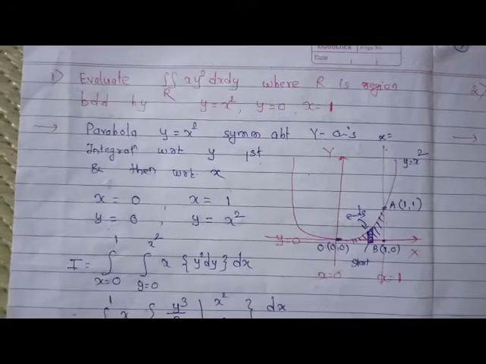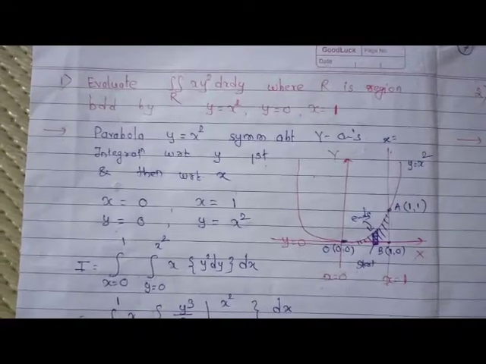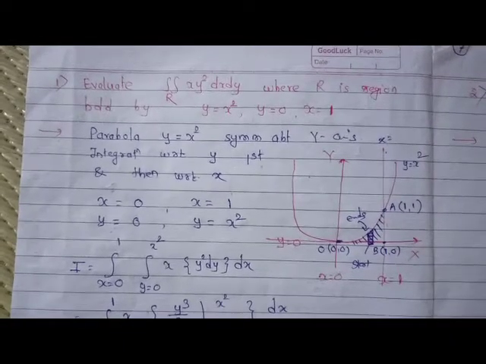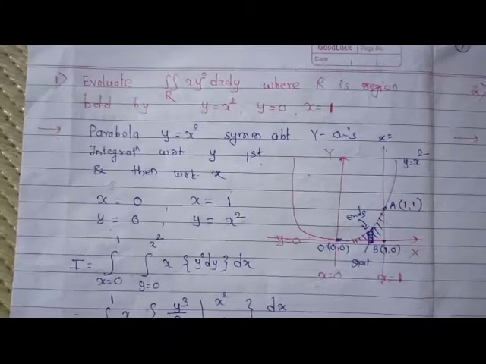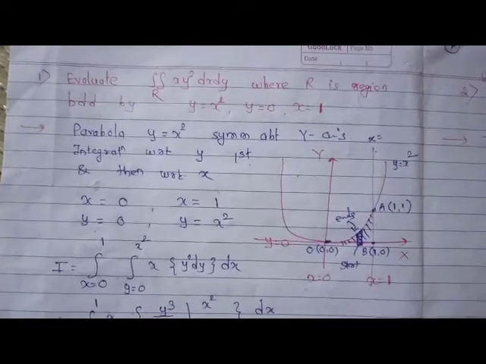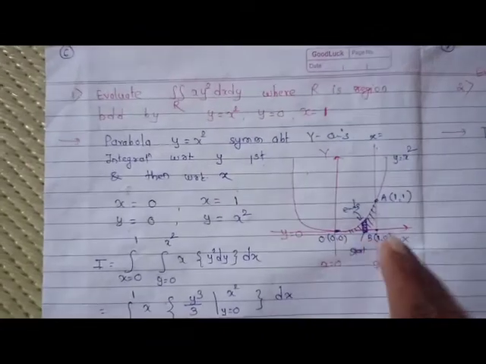The area is bounded by the parabola y equal to x square. Since the powers of x are even, the parabola will be symmetric about the y-axis. Already we studied this in curve tracing. Now you remember it. So draw the parabola first. Then next we have to draw the line y equal to 0, that is the x-axis. Parabola is drawn, then line y equal to 0 is drawn.